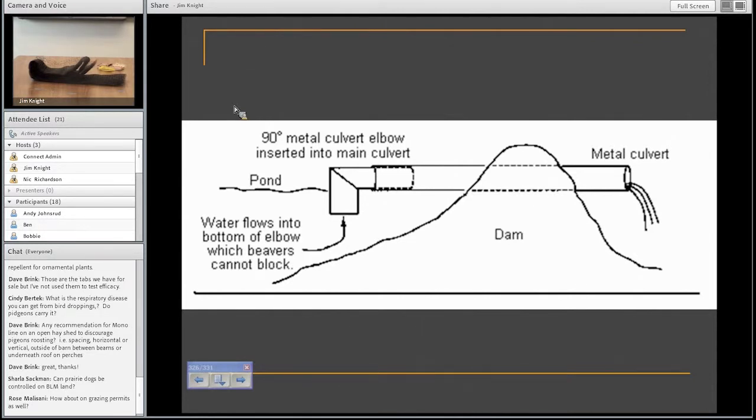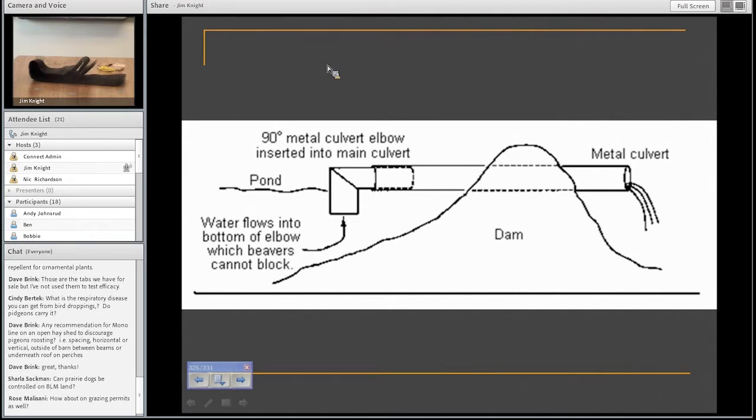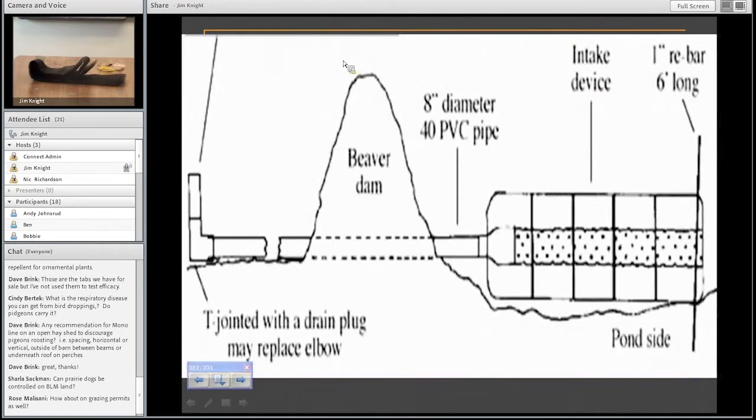Sometimes there are stock ponds, I guess you could call them, or reservoirs, that people have made from creeks or springs where they have a steady supply of water, and this would work real good for those when they construct it. More sophisticated, but you can make a drain plug with perforations in it that goes right through the dam. But the same principle applies: the water inlets are under the water, so the beaver can't plug them.